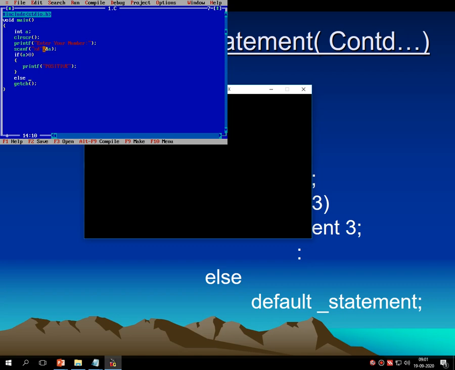Second condition is else if. All the optional conditions should be in else if. Else if a less than 0. If condition number 2 is true, then printf negative, always negative.